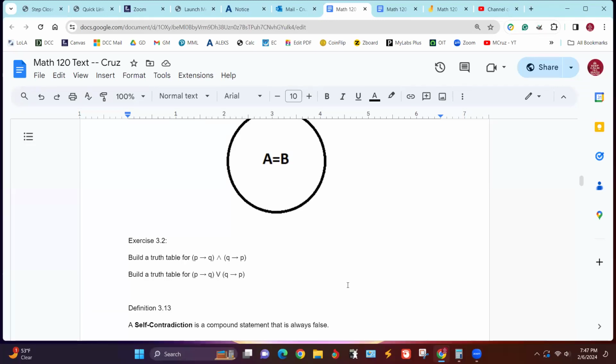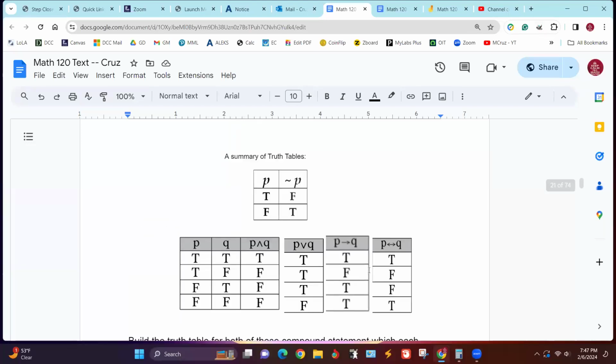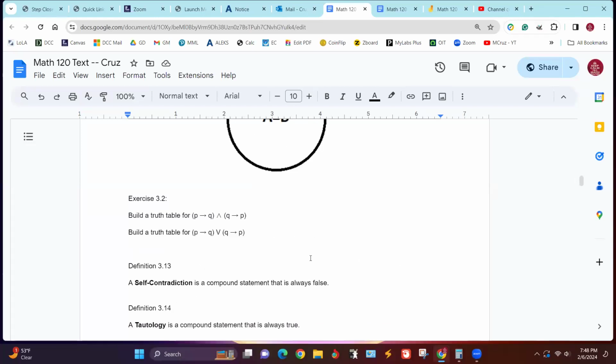So let's see if we can build a truth table. And then I'll give you that if you want, and I'll tell you what I would recommend doing with that. All right, so we're going to build a truth table. Let's build it for this one here. So I'm going to do the same thing that I did over there before, which is draw a little chart. And I should have enough room in here.